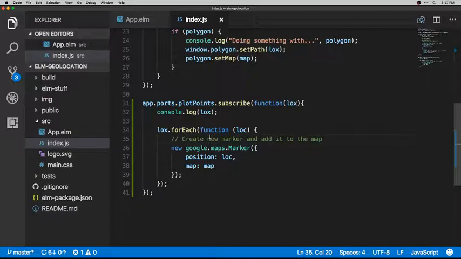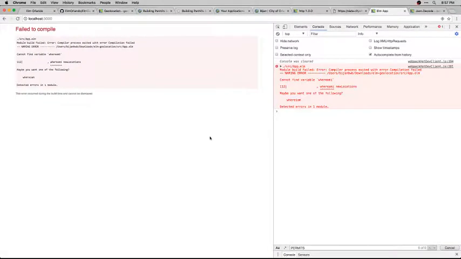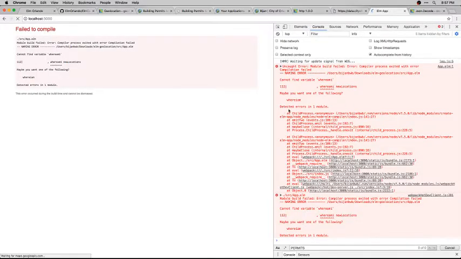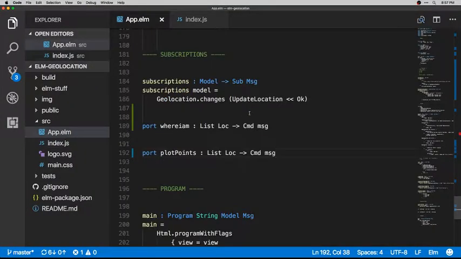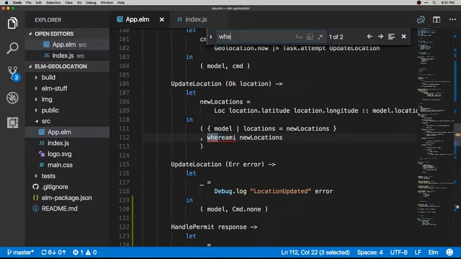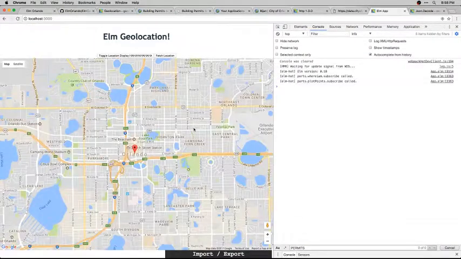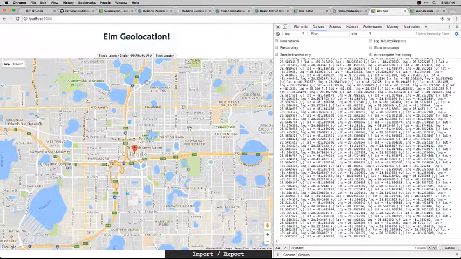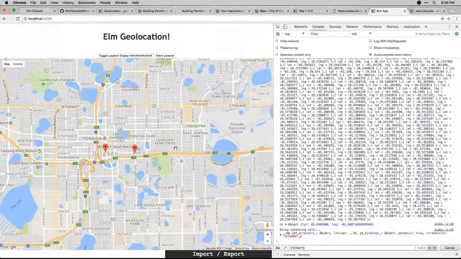Okay, so we are looping through the locations and doing a thing. Okay, where am I? Oh, I must have not named it. Here we go, where I am. Console cleared. No. So we're not drawing, well, not yet. I think in the case where we receive those